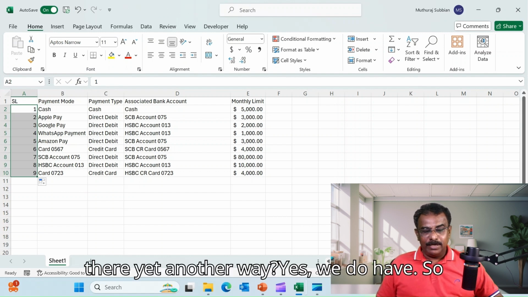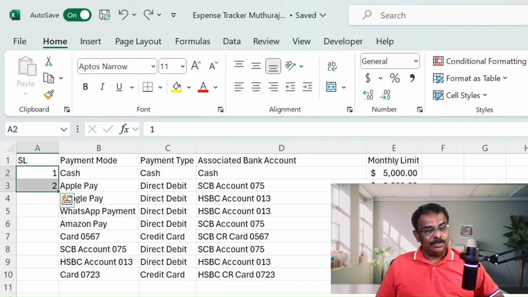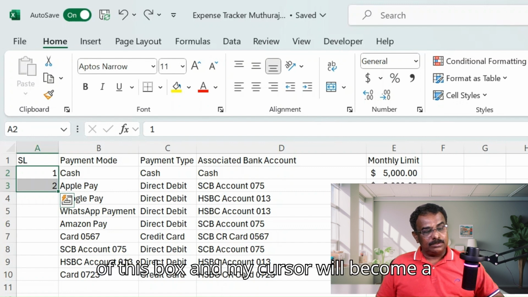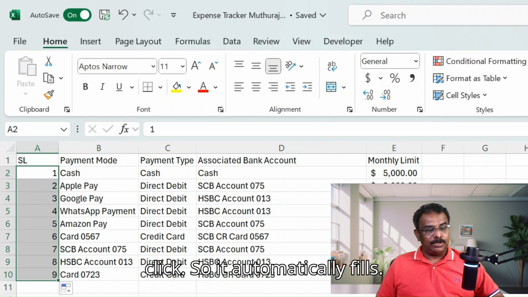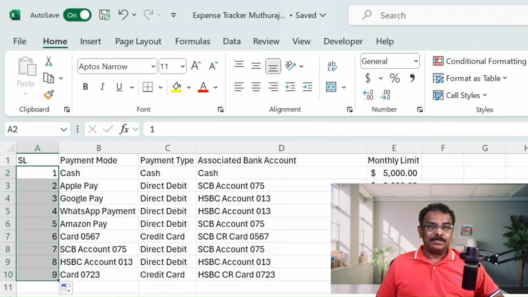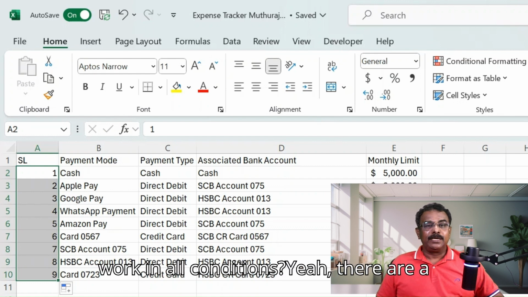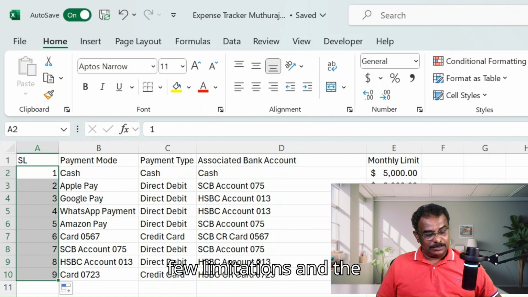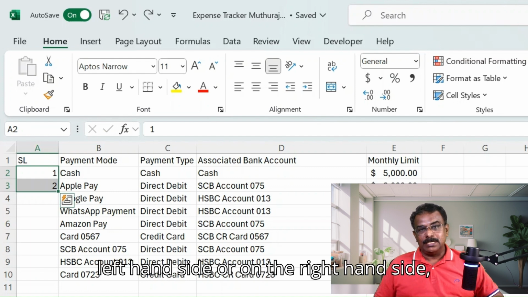Is there yet another way? Yes, we do have. So I deleted it and I selected these two, and I'm keeping my cursor at the right bottom corner of this box, and my cursor will become a plus symbol, and I just double click. So it automatically fills. So, what is the limitation in it? Will it work in all conditions? Yeah, there are a few limitations, and the limitation is that on the adjacent column, be it on the left hand side or on the right hand side,